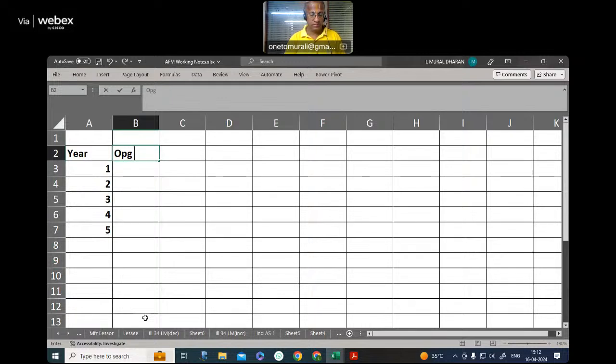Opening outstanding, interest income, cash flow, then closing outstanding. Opening outstanding,